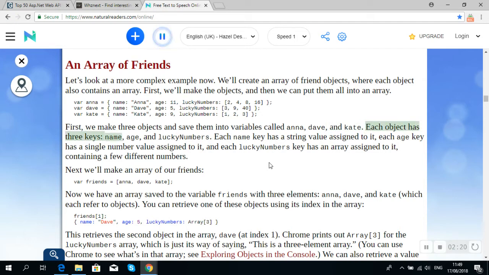Each object has 3 keys: name, age, and luckyNumbers. Each name key has a string value assigned to it, each age key has a single number value assigned to it, and each luckyNumbers key has an array assigned to it, containing a few different numbers. Next we'll make an array of our friends. var friends = [anna, dave, kate];